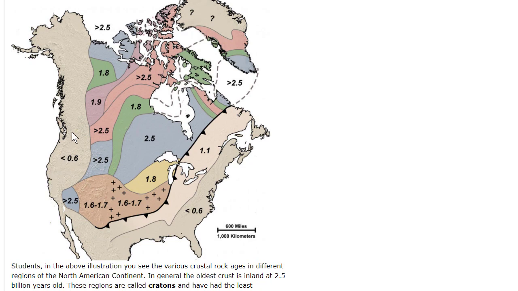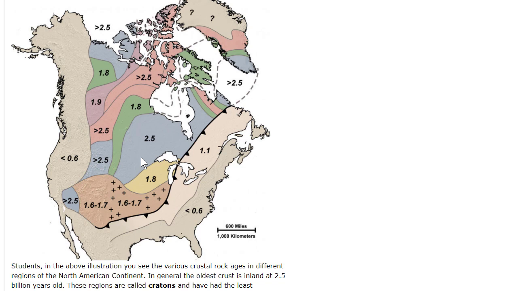So the terrains from the ocean plate are about 500 million years old, and then continents interacting with other continents are roughly 1 to 2 billion years old. And then there's always an area of a plate that had very little interaction with any other plates for billions of years, and the regions are called cratons. Okay, cratons. So cratons are 2.5 billion to 3.5 billion years old, and they're well preserved because they never bumped